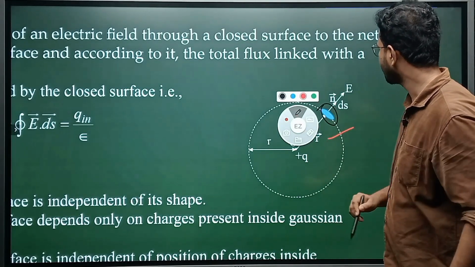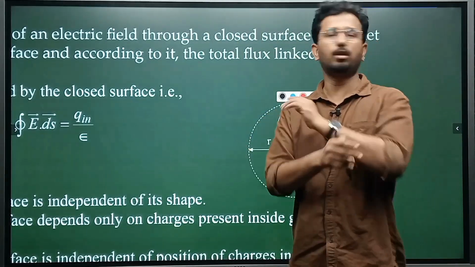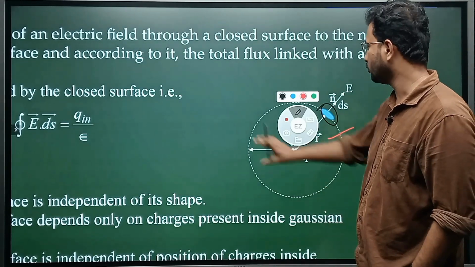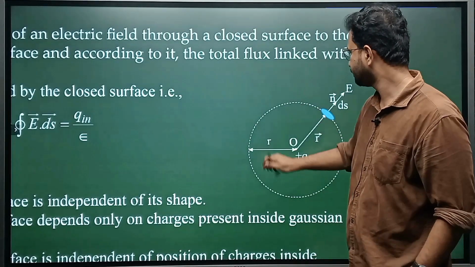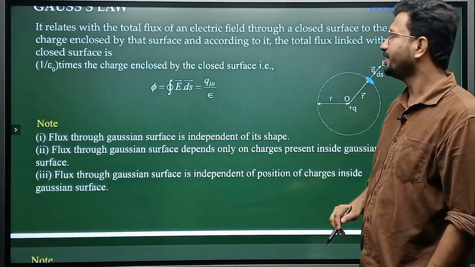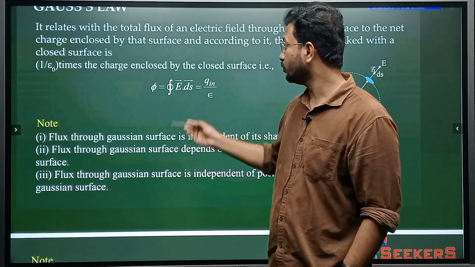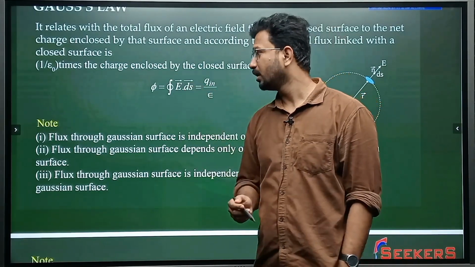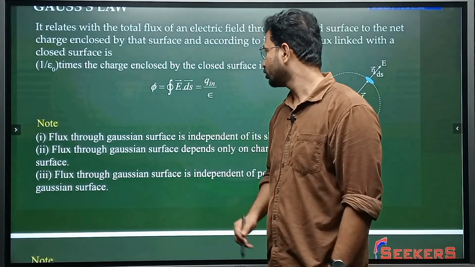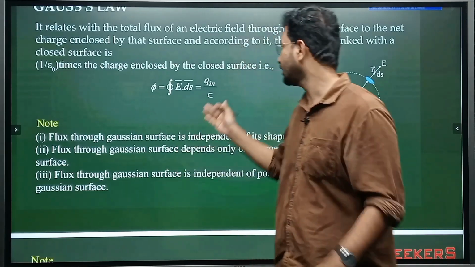This part, as you can see, we are calculating the electric flux through a small surface area. Then you can integrate over the whole area, and after integrating we get the flux through the whole surface. As I told you, the closed sign here shows the electric flux through the closed surface. This left hand side shows the total flux through a closed surface, which is equal to